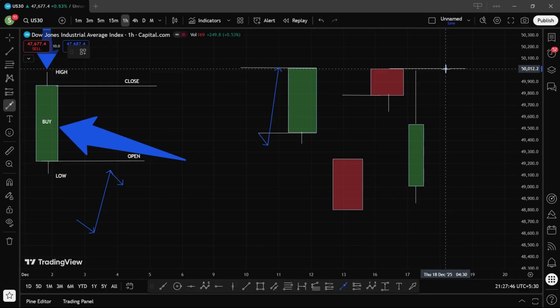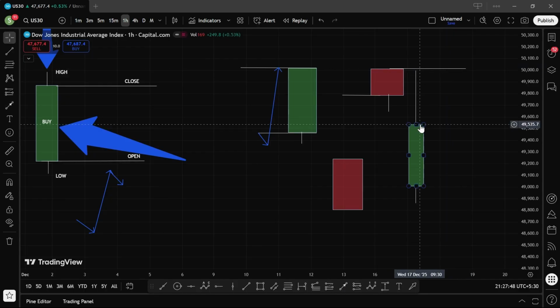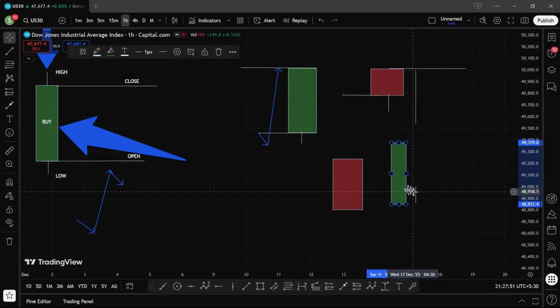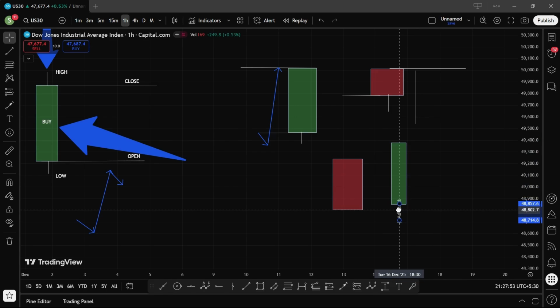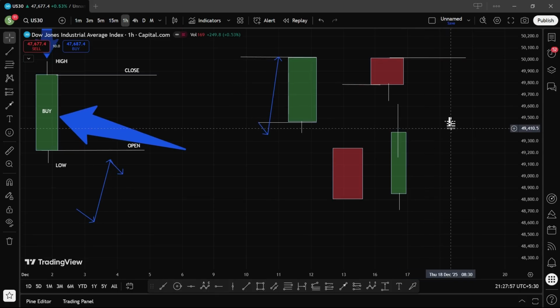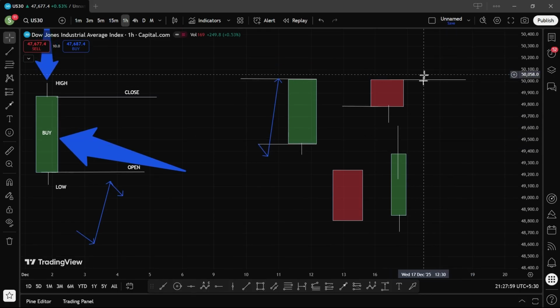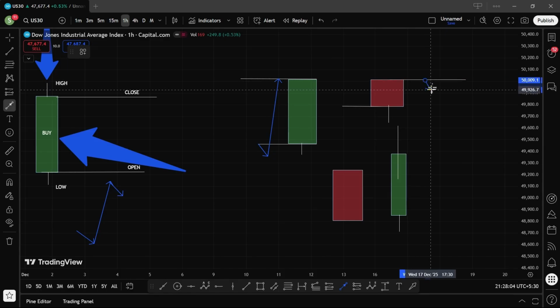The price action for this candle is as follows. Let me make wicks for this candle. One second. The price action for this candle was